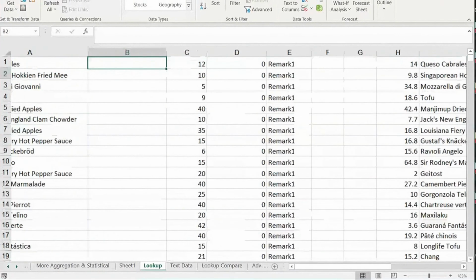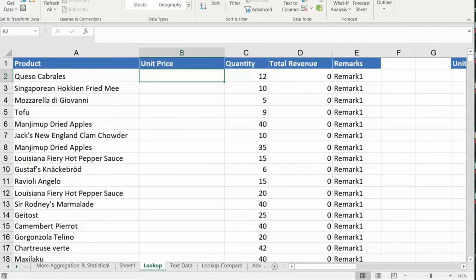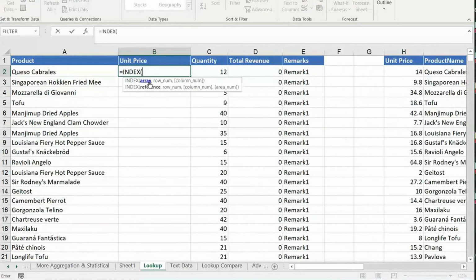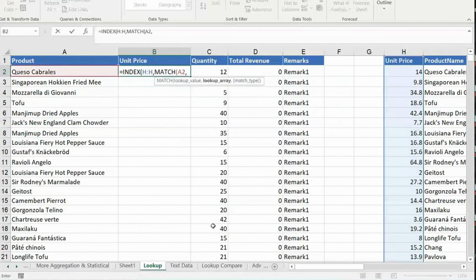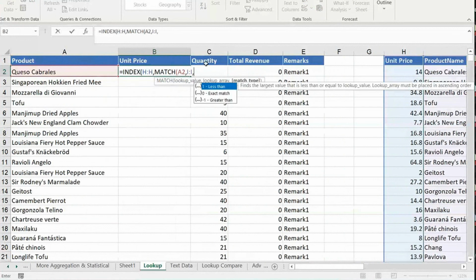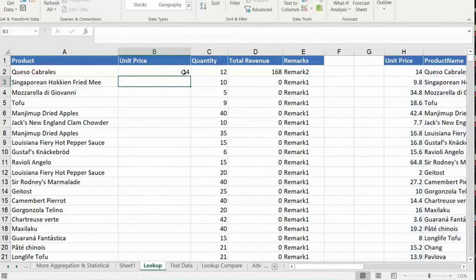Okay, in real time you will be working on a big data like this, right? So Shakil, will it work in big data? Let us take a challenge now. 100% it will work, dear. Index. What is the first column? I need to pull price from my data. So retrieving column is column H. So just give one column, comma, match this product, comma, match where? I'll match this in product, column I, I'm sorry. Okay, comma, then put 0. That's it. Close the bracket once, close the bracket twice. Enter. It is bringing me the information what VLOOKUP cannot do.